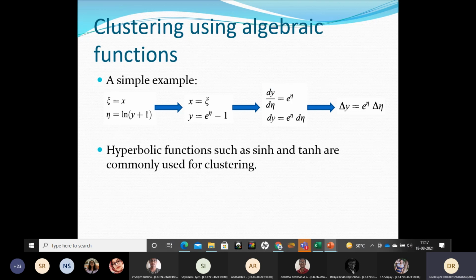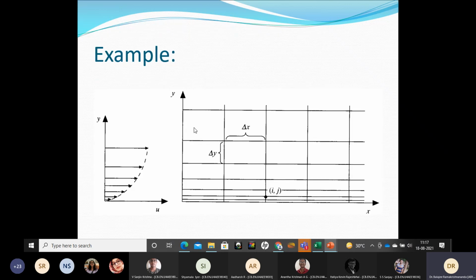In the y direction, let's say a flat plate is there. We are taking the top part of the domain, assuming top and bottom are symmetric. There's a flat plate, and you want to cluster the grid near the flat plate like this. Because there's a boundary layer near the flat plate, you want to cluster more points where the gradient is high and fewer points where the gradient is low. Generate a grid which looks like this, but we are doing it using formulae. Let's see how to do that.